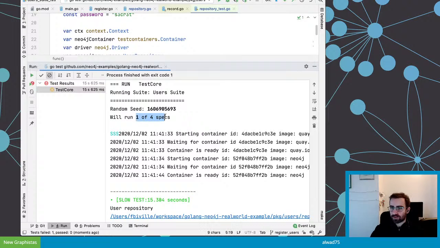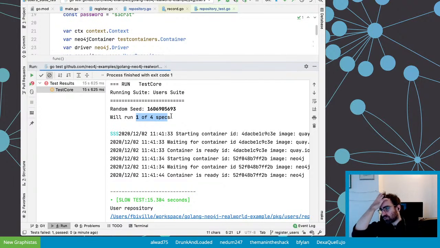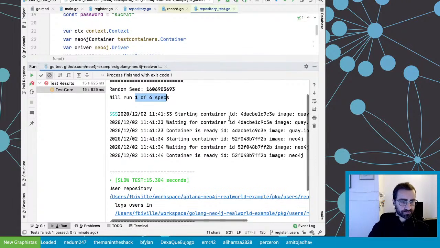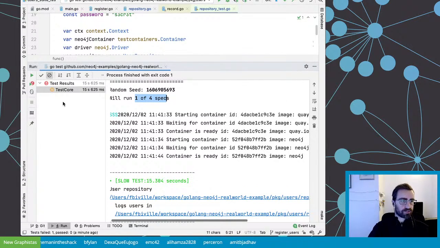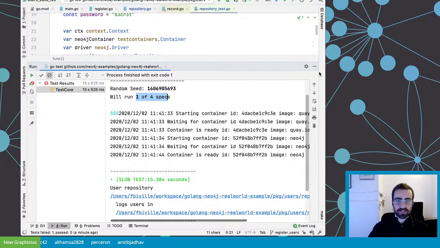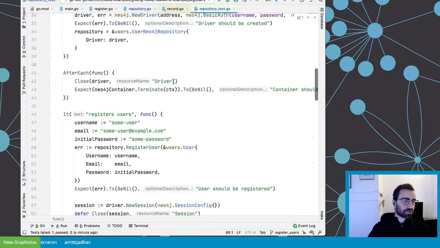So that's why when you run the test and you forgot to remove the focus, it will fail. So that's a good safeguard to prevent you from committing incomplete tests. So yeah, that's why you have this report here saying it failed, but the test I was interested in worked.